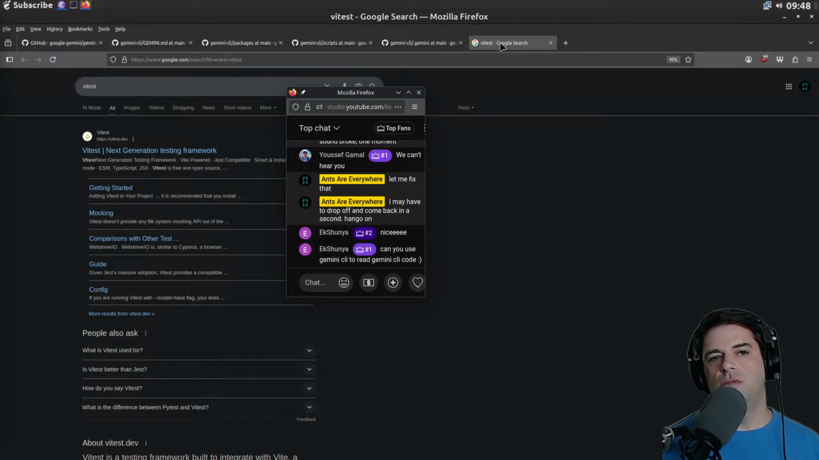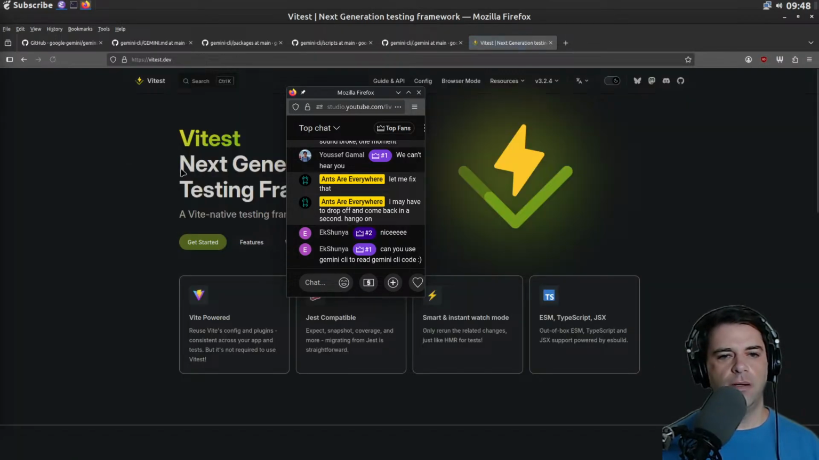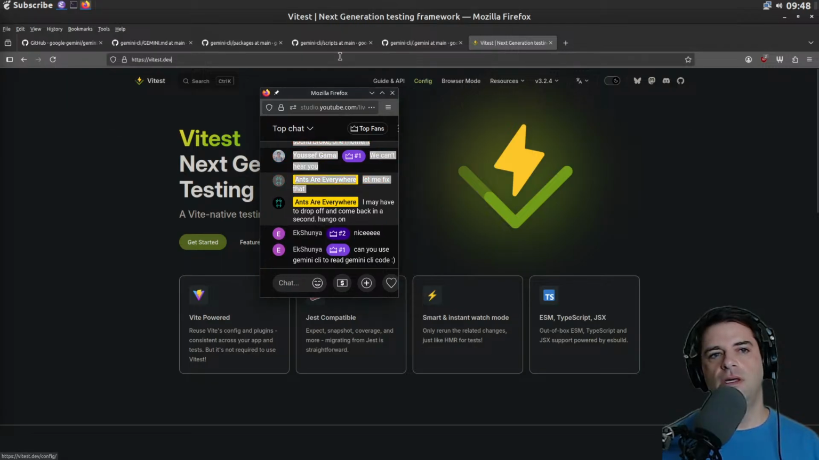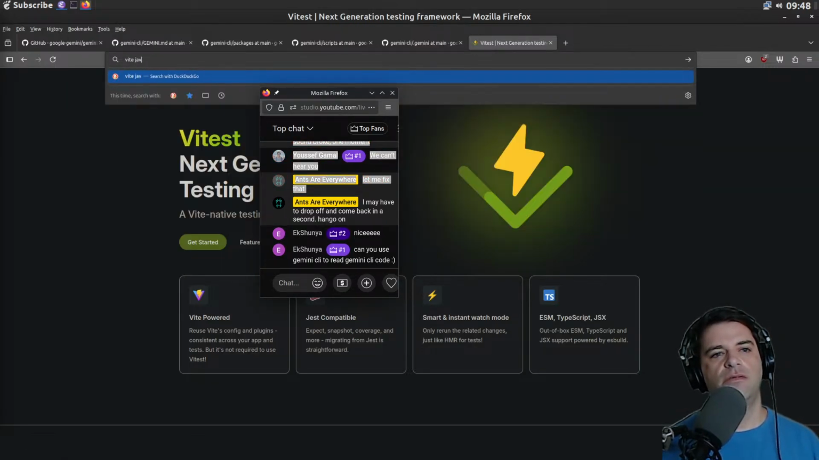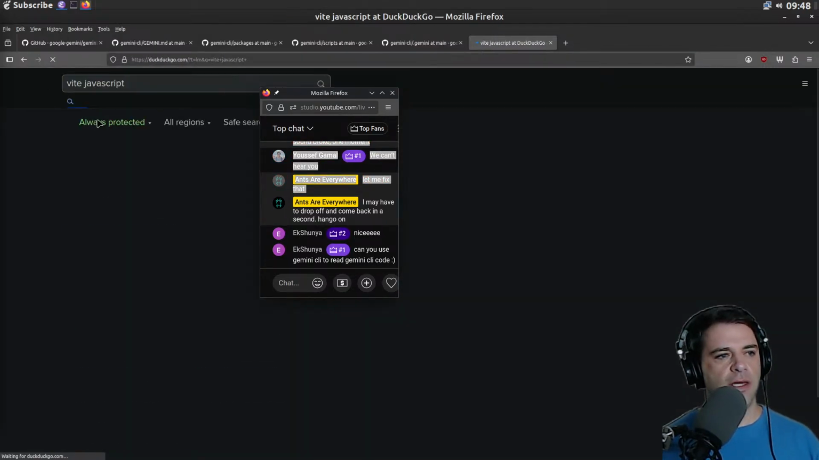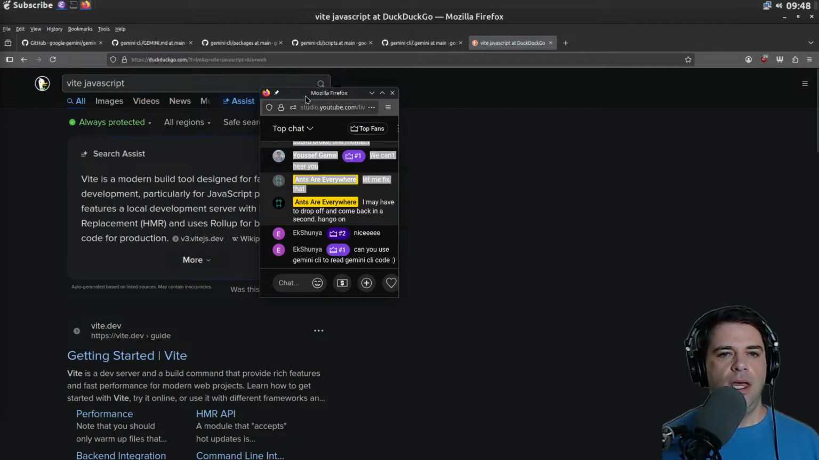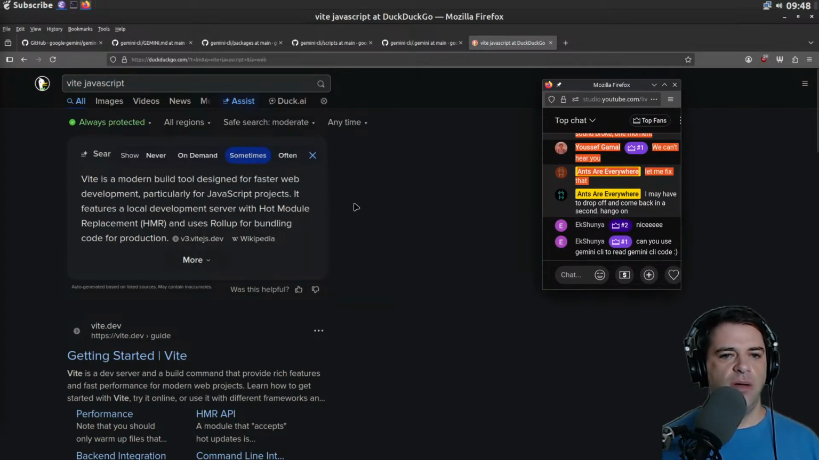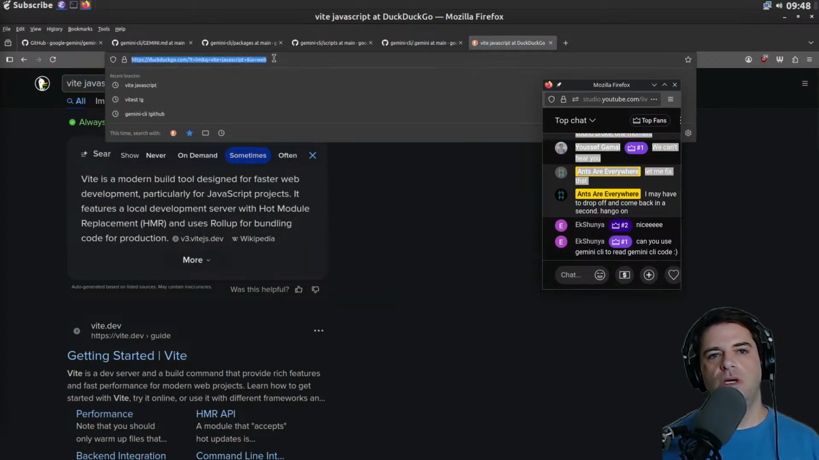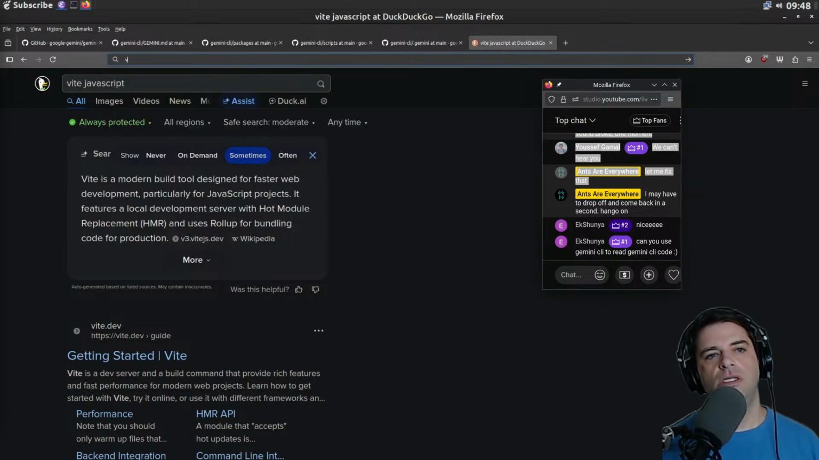Okay, so this is Vitest, some testing framework. Vite native. So I guess maybe they're using Vite. I forget what Vite is. I think it's some JavaScript runny thing. A modern build tool designed for faster web development. Cool. Okay, so can I use, what is it,